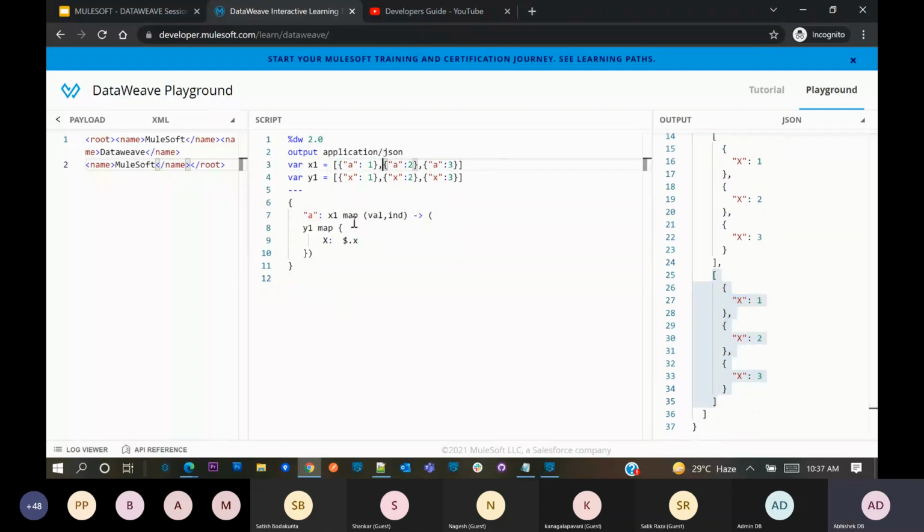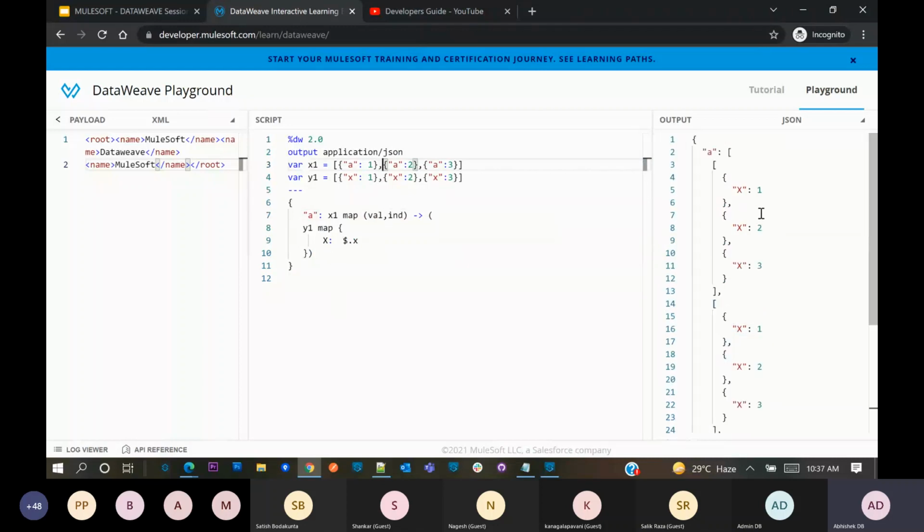Okay, and at present I am not filtering or concatenating anything. That's why I have 3 objects in this. Sorry, 3 arrays of an array. Because I have 3 objects for this and I am mapping over this. So however many times I have this object, that many times this particular thing is repeating. Now if I remove this,